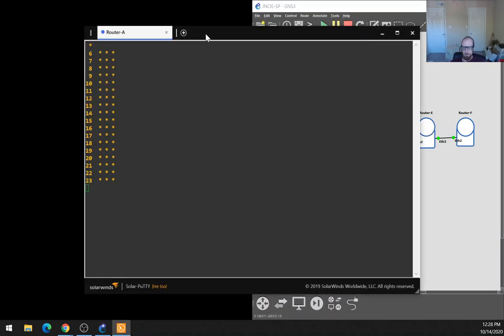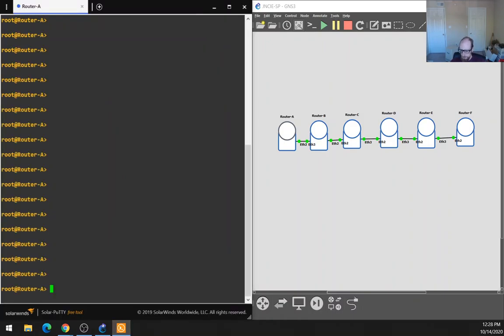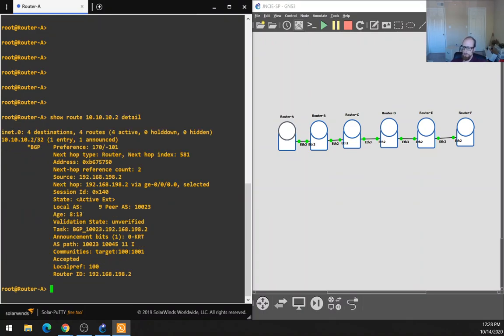Won't skip a single router, and see what we come up with doing that. So we're going to trace the route